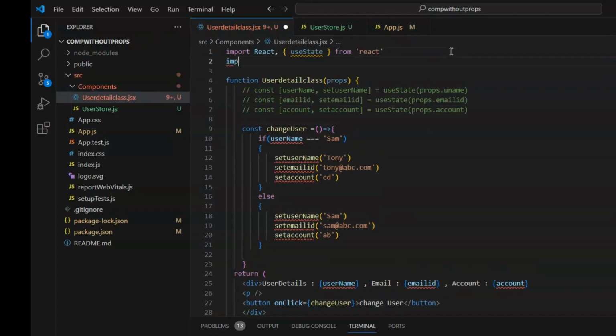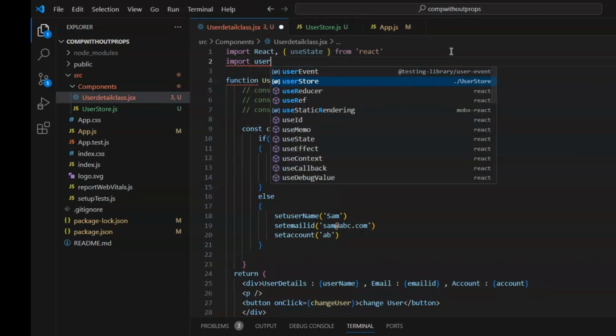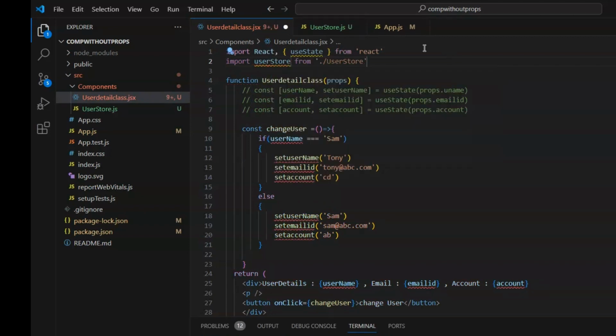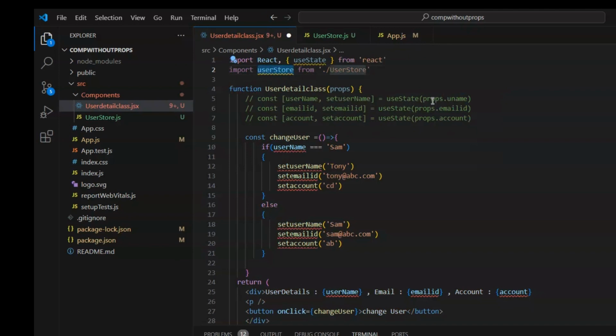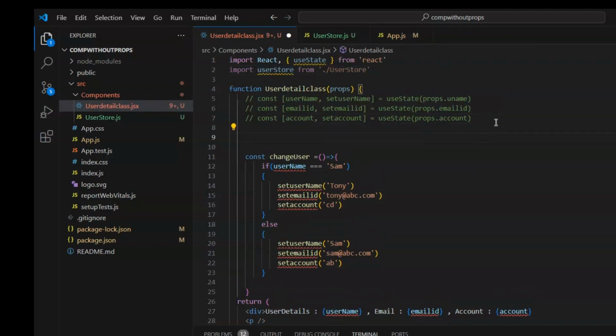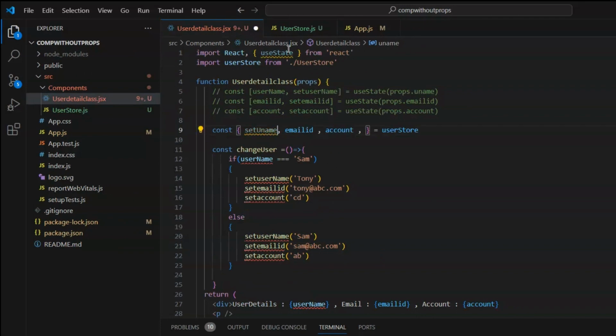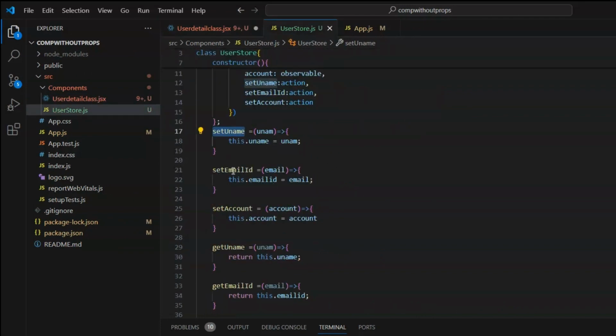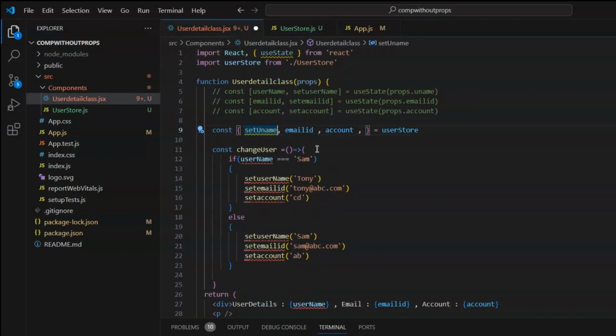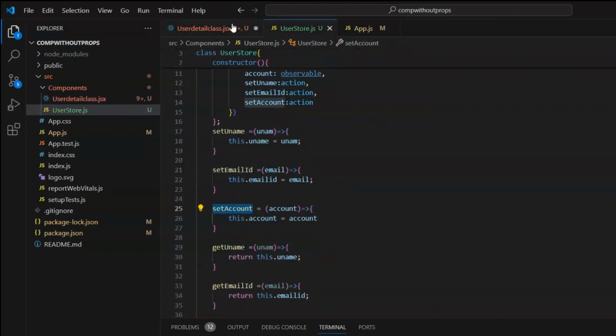So here we have to import stores, and then we are going to destructure the required objects. Const setUname, set email ID, set account,